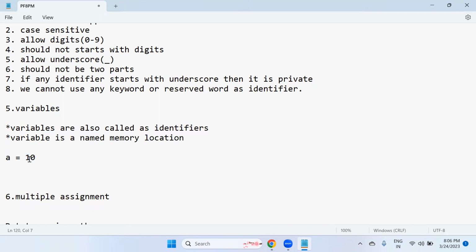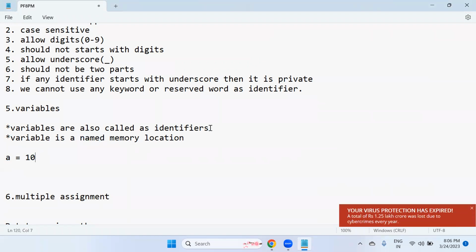If I ask you where this 10 value is going to be stored, it is a memory. So in this memory, the 10 value is going to be stored. Internally, this variable a will get some memory address also. That is different, but it is going to store inside the a only. So that's why a variable is a named memory location.